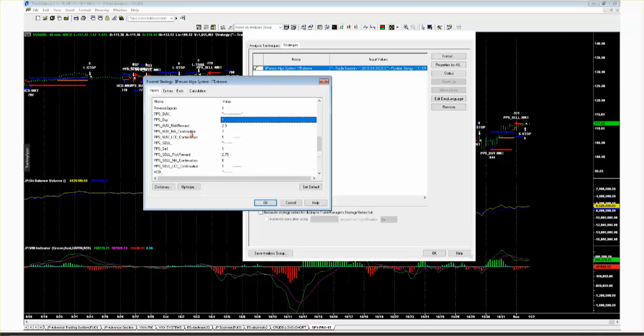And then the added confirmation is to say, should we wait until the market closes above a moving average? And the next question would be, what moving average? Well, I don't know. That's a darn good question. I'm glad you asked, because we can run a backtest and just simply go and optimize.